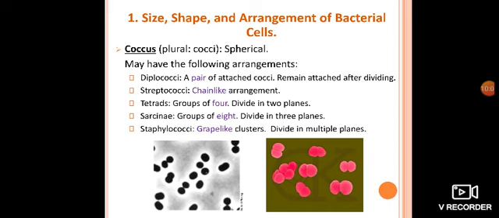Then next it is termed streptococci. Why are they termed streptococci? Because they are available in a chain-like structure. They are basically spherical in shape and available in a chain, so they are termed streptococci. Then next it is called tetrads. Tetrad means they are available in a group, and that group is of 4.